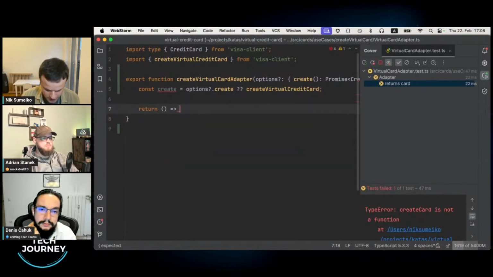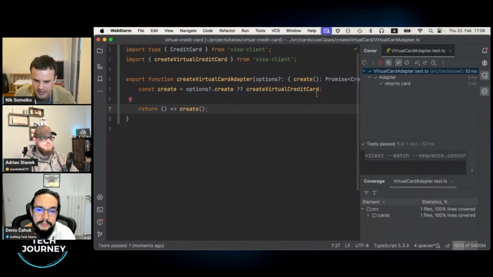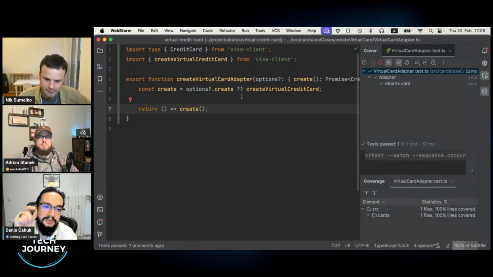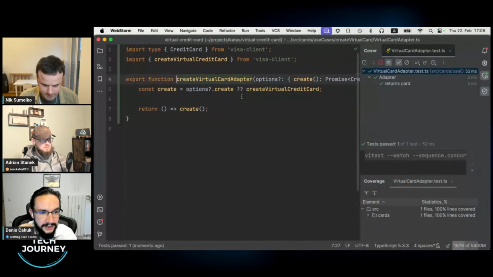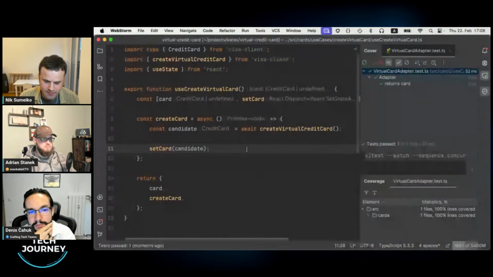There will be a function that just calls this create. That's it. We run the test and the test passes. So it's testing that both sides of the glue are concretely implementing the protocol that you've defined. Exactly. Now we could go back to our use case functional layer and implement that.